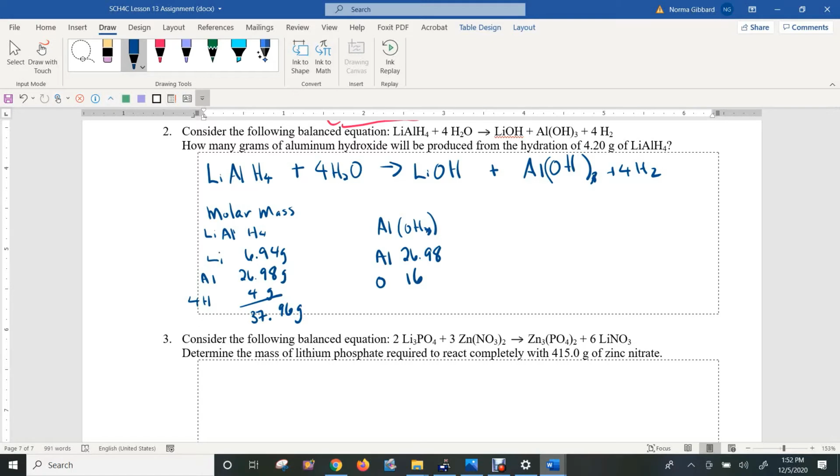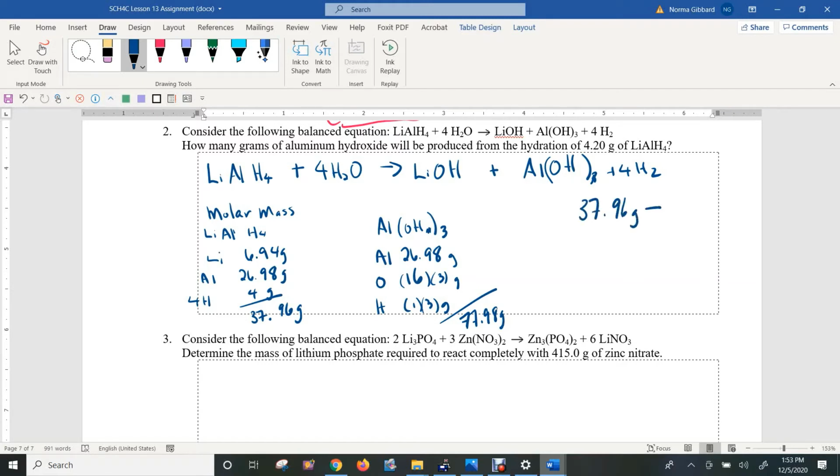That's my mistake. So I'm going to just rub that out. And then add the 3 out. So this will be times 3. And then we have hydrogen, which is 1, and this is also times 3. And this adds up to